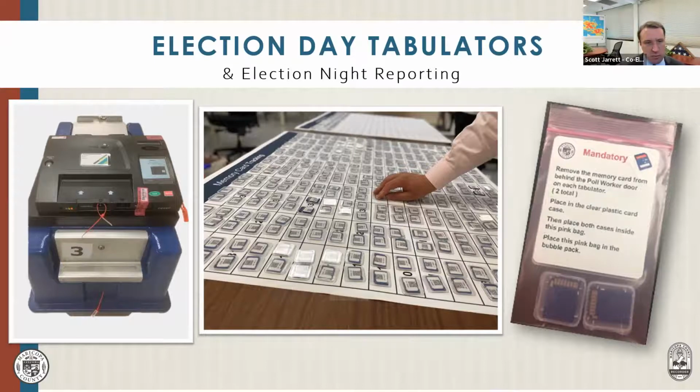And then there'll be a very similar process that occurs when we close the polls. So after every voter has gone through and voted on election day, we'll go through closing the polls process. Our poll workers will then determine, okay, how many votes were counted. They'll add that information onto that precinct ballot report. They'll actually then ready those memory cards for being returned to the election department, so then we can report results. They'll break one of those tamper evident seals. All of that information gets logged. They'll actually take a copy of that, or take that tamper evident seal, fix it to the back of that precinct ballot report, and then all of that will be transported